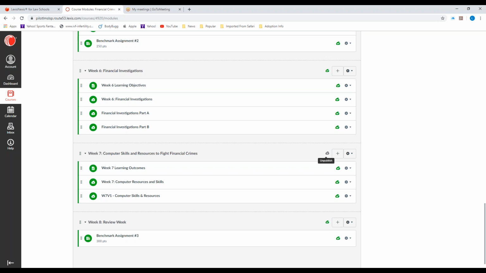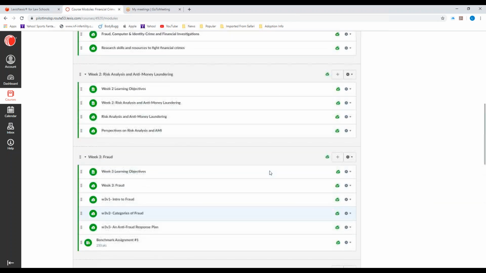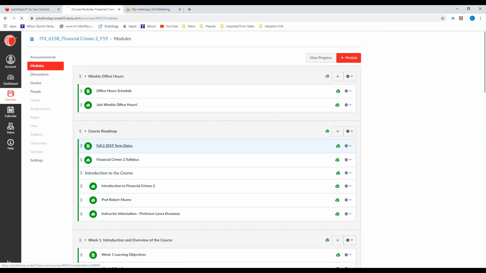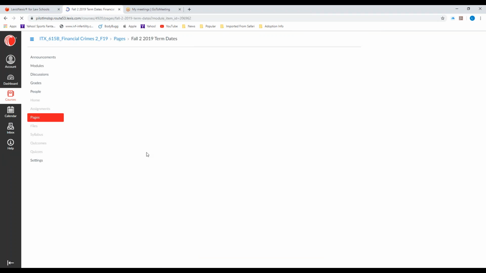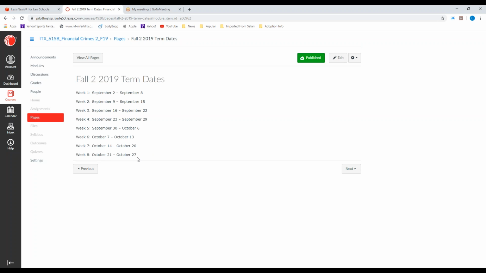And if you are behind on anything, get everything in, since that last Sunday of the course is, what is it? Let me look real quick so I give you the correct date. So everything is due that last Sunday, October 27th. You want to make sure that's when the final benchmark is due. And if you are behind on anything, or maybe you have an extension on benchmark 2, and you're late, be sure to get everything in on the 27th, since I need to grade everything and get my final grades in. Again, if you have any questions about that, please let me know.